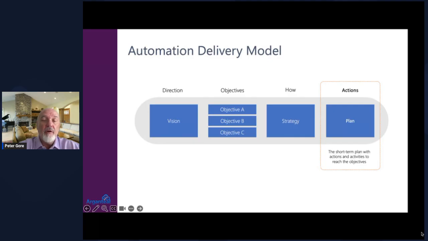If it's software code upgrades, I'm not waiting until I've figured out a coding solution to solve my entire infrastructure. I'm going to start with specific models on my infrastructure, and that could be objective A, right? Application code upgrades or server upgrades, right? That could be objective B. So what are my short-term plans to go and do that? And they could be as simple as documenting operating systems, documenting operating versions. And that's going to come from the telemetry and the monitoring and the data-driven decisions that we were discussing a few seconds ago.